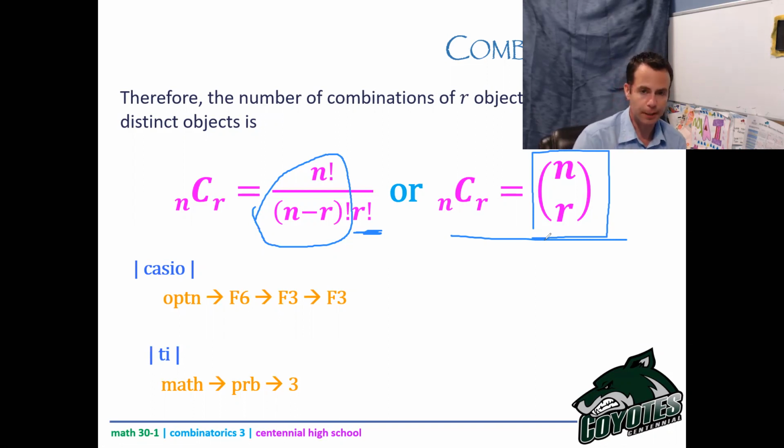So it is also a button on your graphing calculator. For Casio kids, if you have the probability menu open, it's just going to be F3. TI kids, you go into your probability menu by pressing math and then probability, and then you'll see that it is option 3 for you as well. Okay,